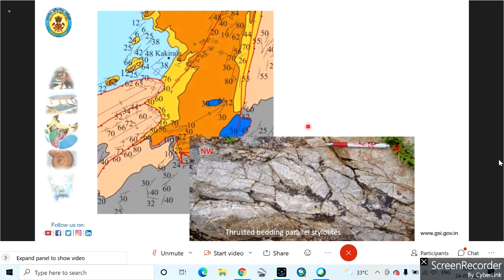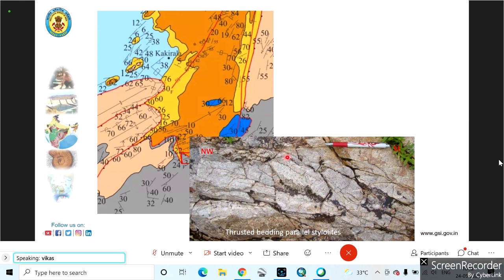And this is a very unique feature that we have seen there. This is a quartzite, and if you are able to see, a number of stylolites are present. Stylolites are zigzag patterns which usually form when compression is given. A pressure solution develops, so material goes out. These features are very common in carbonate rocks, but this one is in quartzite. You can get them in quartzites also.